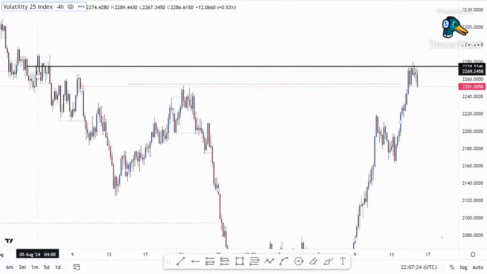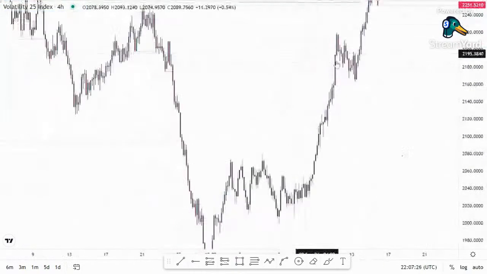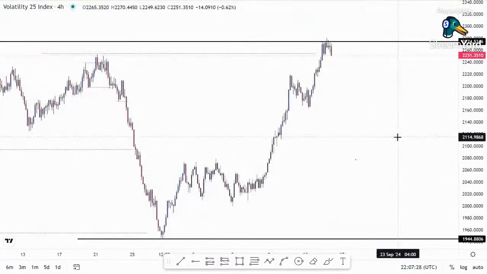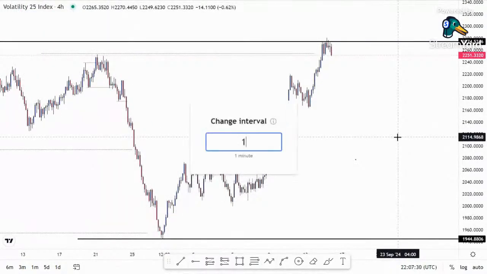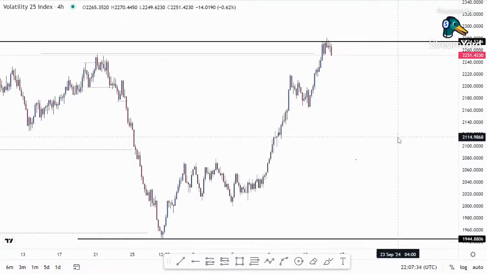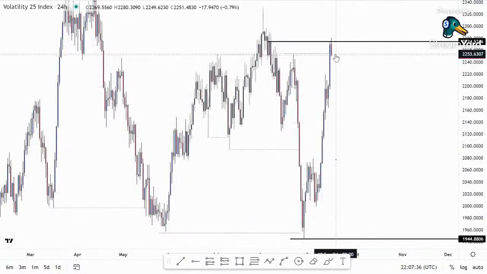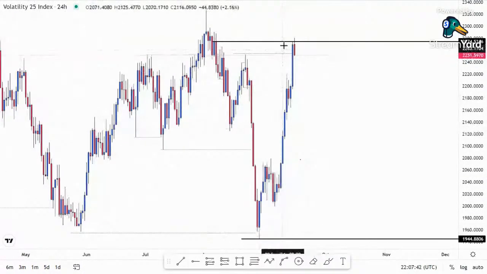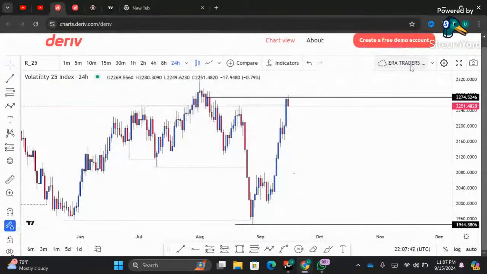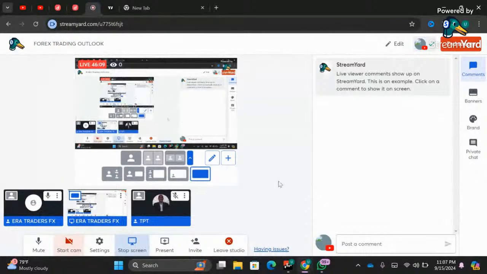So let's just wait for Monday to close and see if you see the bullish candle. Once there's a bearish candle, wait for price to come into the resistance here and sell. So that's what I have for